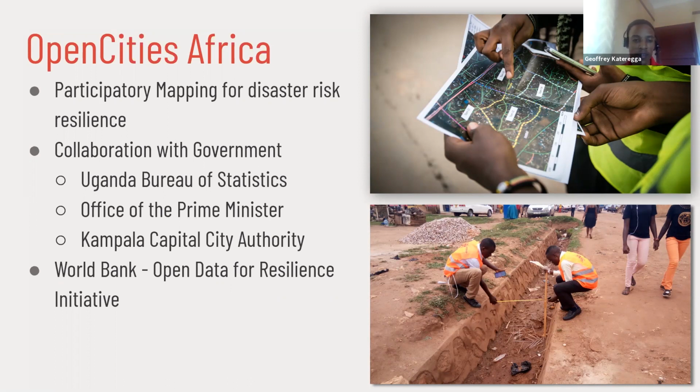then worked with the local communities in these places to move around and map drainage, building materials, and map out flood zones, flood areas, in terms of participatory mapping. But this was a project that was initiated by the World Bank through the Open Data for Resilience initiative. What is good about this kind of approach is that you have this big institution coming and engaging the local community, but also putting government and the local community on the same table and working together to do participatory mapping